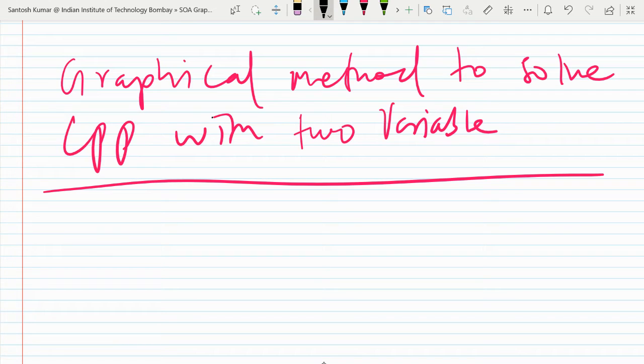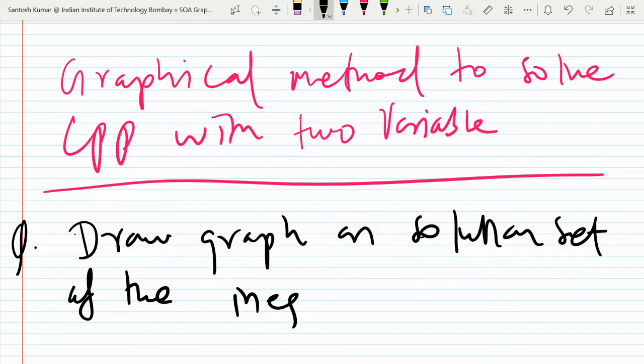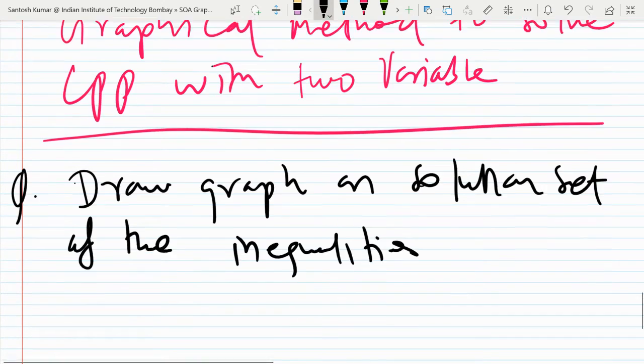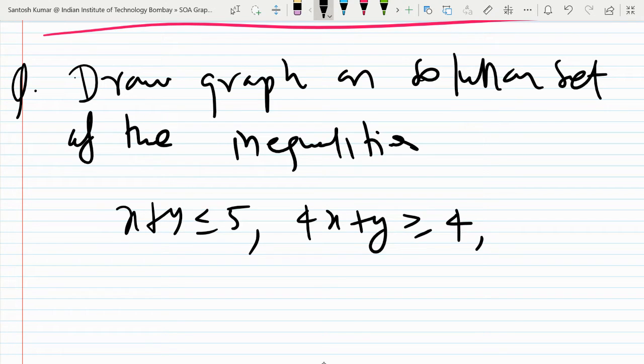So first, suppose the question is, first you draw graphs. So first let me draw graphs of the solution set. I'm writing one question. Draw the graph of the solution set of the inequalities. So the inequalities are x plus y less than equal to 5, 4x plus y more than equal to 4, x plus 5y more than equal to 5,